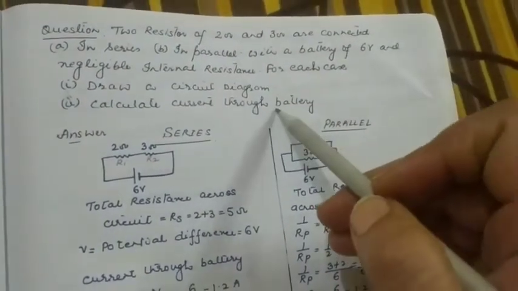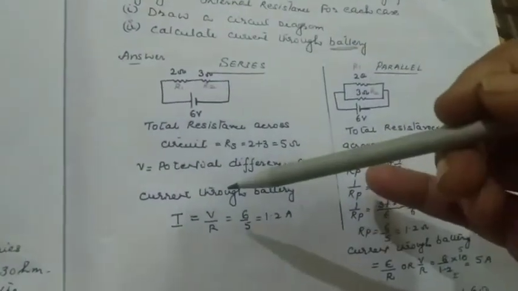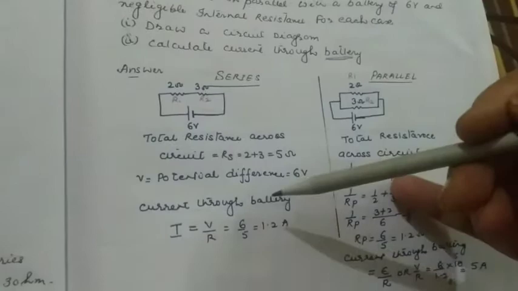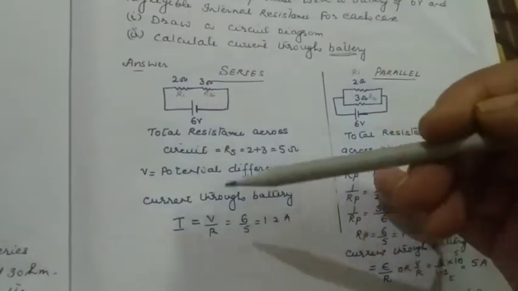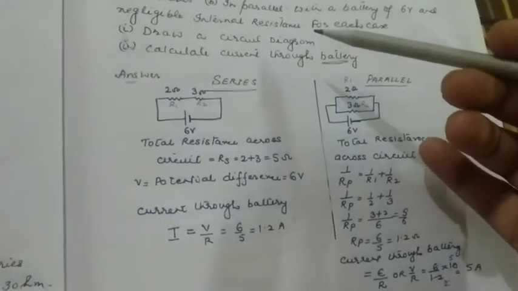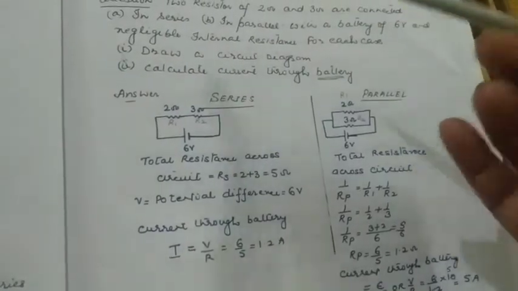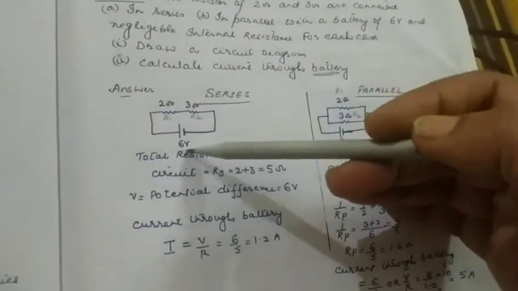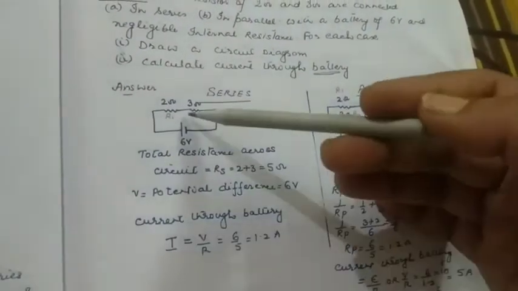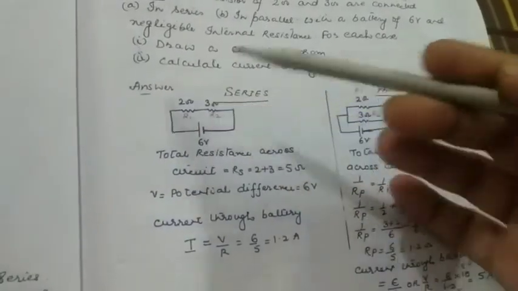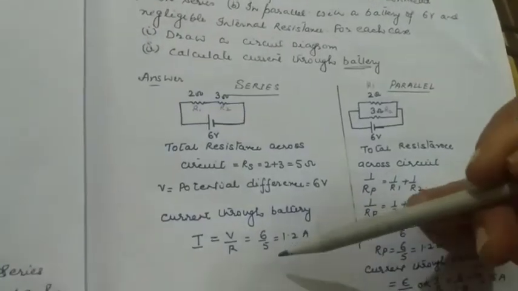Very important, through battery. Through battery means we have to find out the current in the circuit. So when we find the current in the circuit, according to Ohm's law, the formula V is equal to IR, I is equal to V upon R. Because the internal resistance is not given, there is no effect on the terminal voltage, as well as EMF. Both are the same thing. So this 6 volt we will consider as the EMF or the terminal voltage. Substitute here, and what is the total resistance in this? 3 plus 2, very simple, 5 ohm. So we will substitute and find out the current in the battery or current in the circuit.